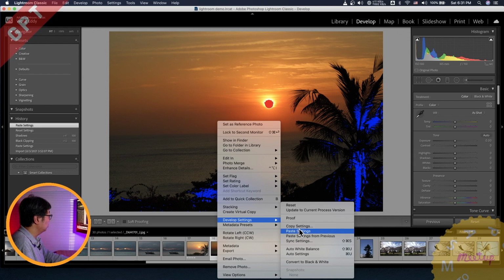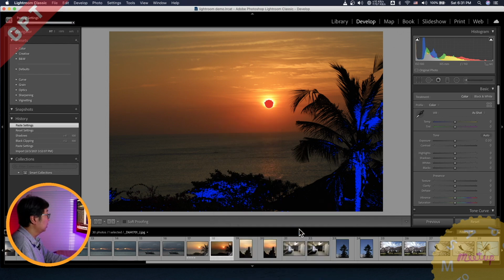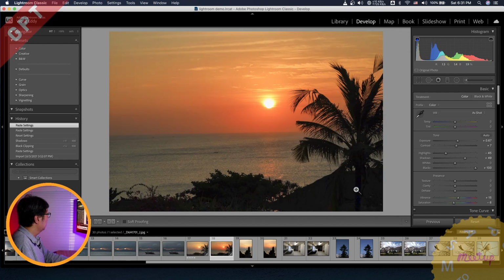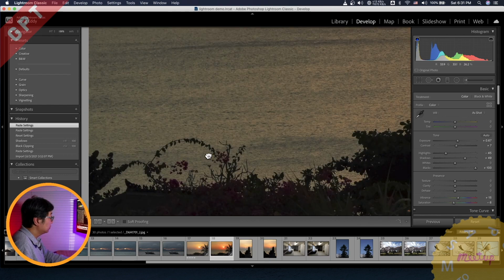If not, I will just do it manually. Paste setting, yeah, it's pasting. Okay, voila, it's done. So if you check here, the flower,